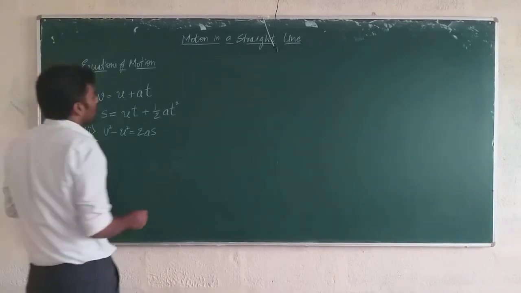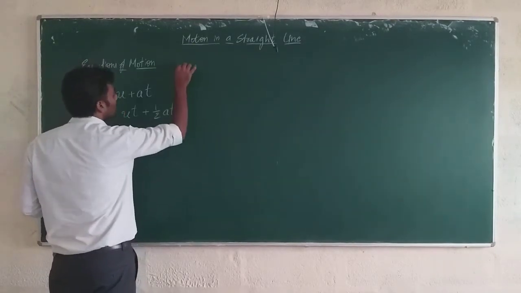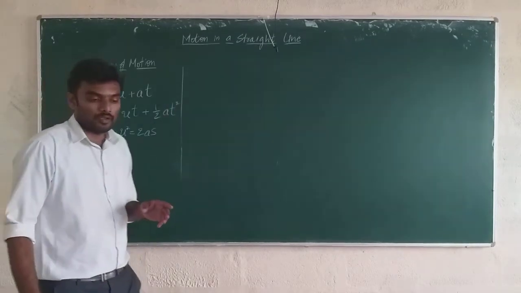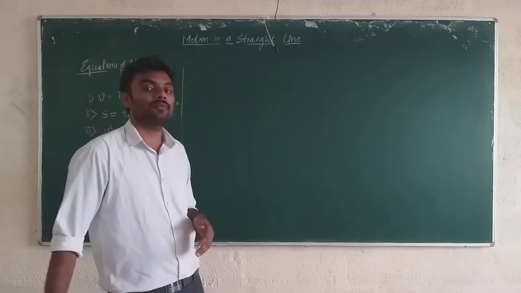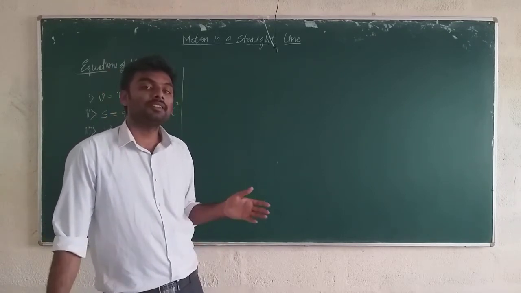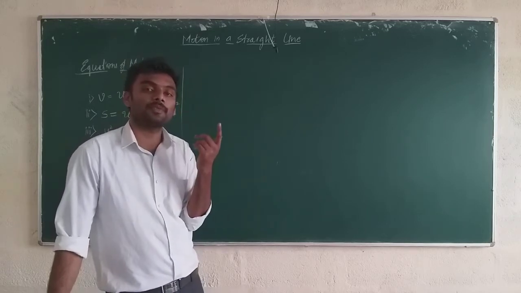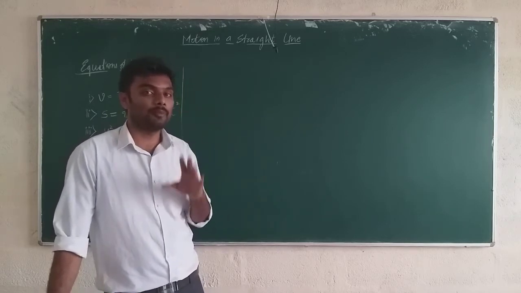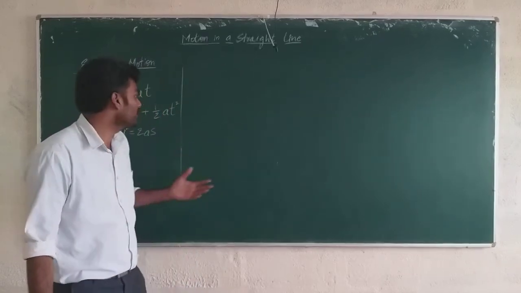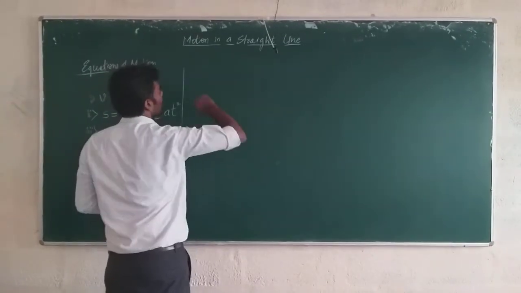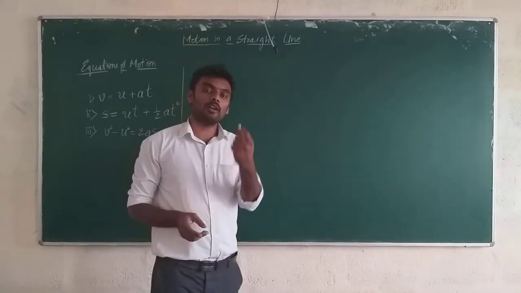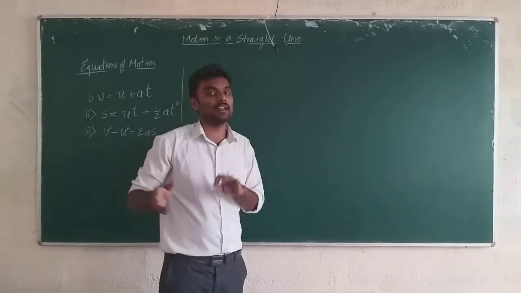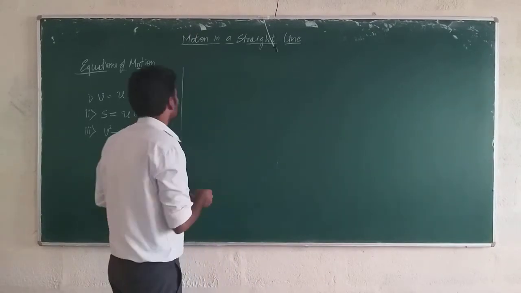Okay, so writing the same equations of motion for a freely falling body, a body which is falling downwards, and for a body which is thrown vertically upwards. These two situations are very important for us, because based on these situations we can expect so many problems. Now the body will be moving under the influence of gravity, either downwards or upwards. We will take both situations and analyze the equations of motion for them.